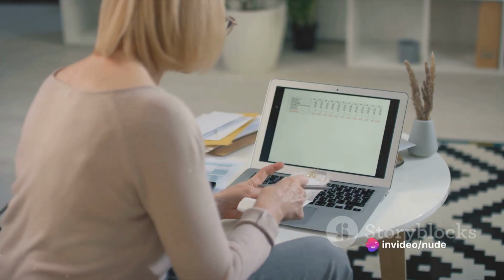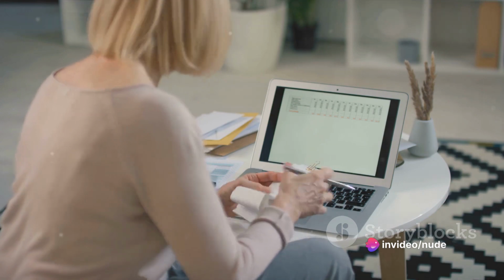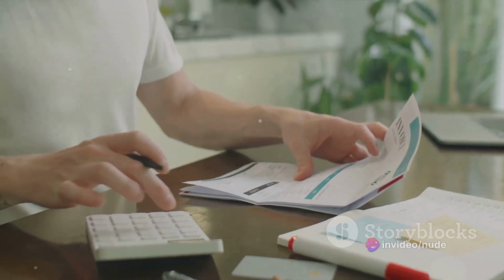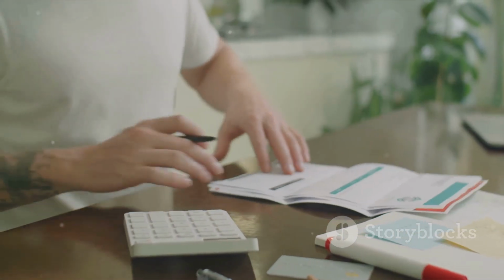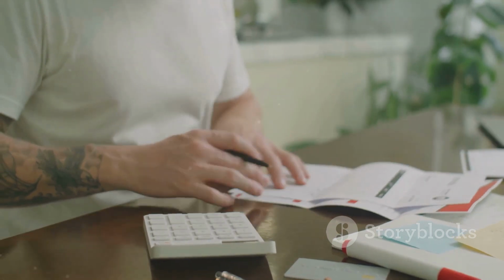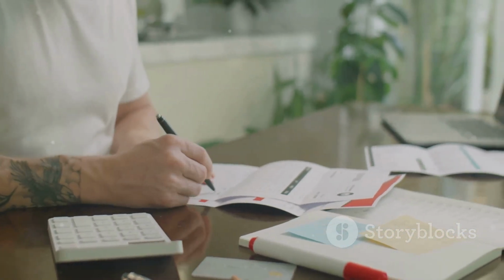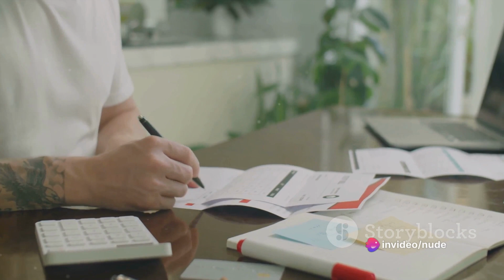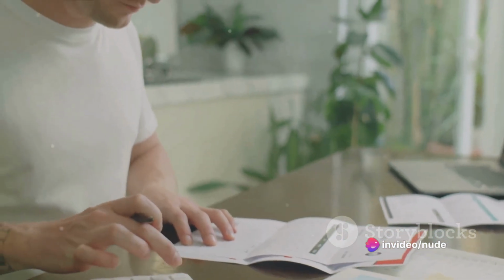Remember, the goal isn't necessarily to eliminate all liabilities. Instead, the focus should be on balancing your assets and liabilities. You want to build up assets that generate income and appreciate over time, while keeping your liabilities manageable. This balance is what leads to financial stability and ultimately financial freedom.